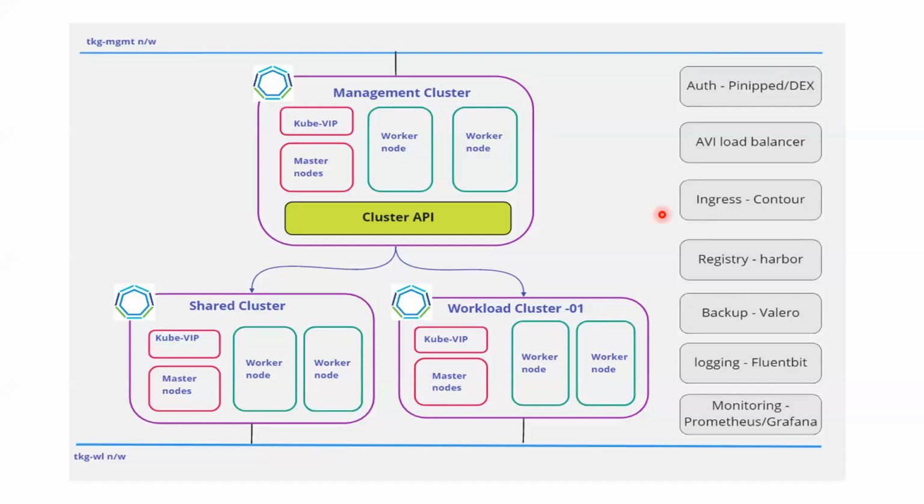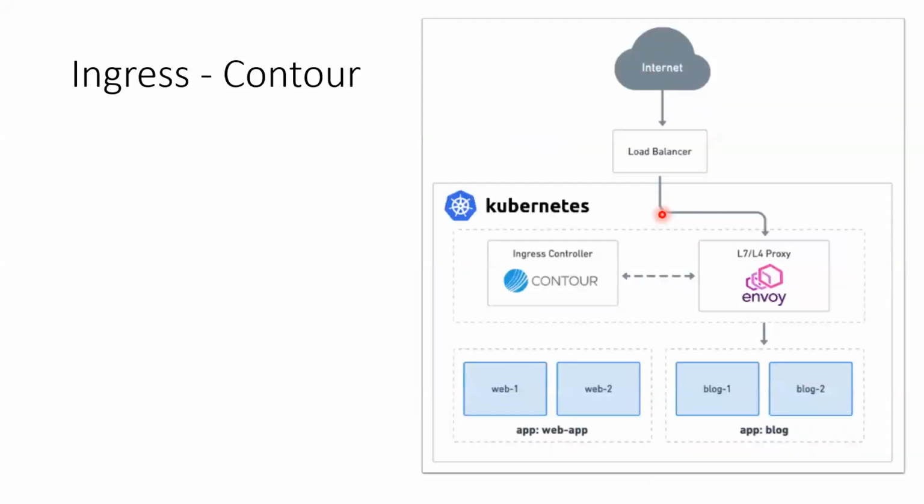Basically, the extensions come with something called Contour. And what exactly does Contour do? It can define how the external traffic can be routed towards the Kubernetes cluster. So basically, it looks for any changes, and let's say you're defining an ingress for a particular application. So it works based on the data path.